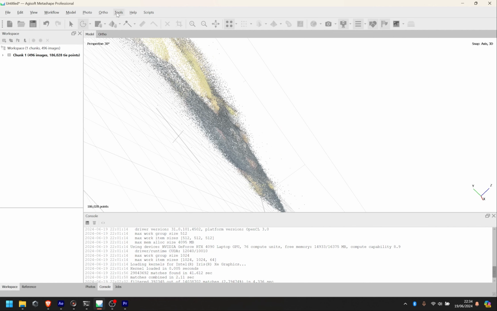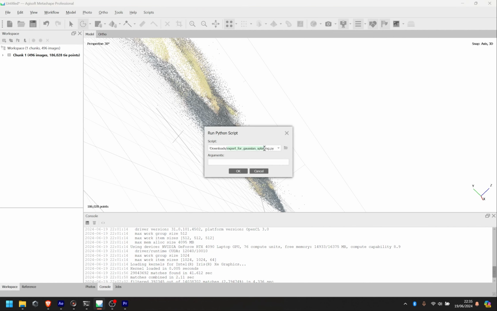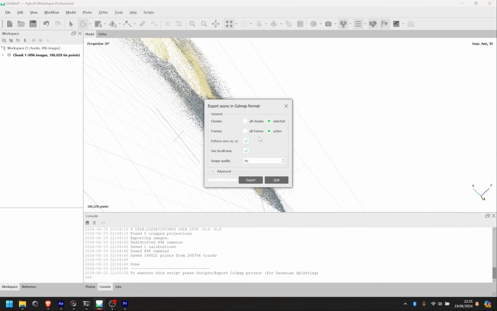So all we're going to do now is go to Tools, Run Script, and we're going to run this script that you can get from GitHub. I'll put it in the description, but basically it's just a script for Metashape that, when you run it, makes this little scripts drop down here. So we go Export for COLMAP,